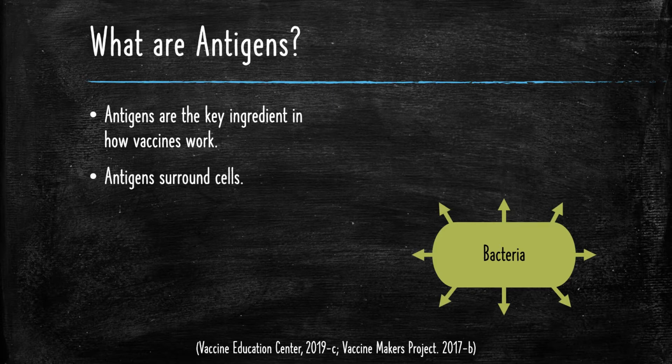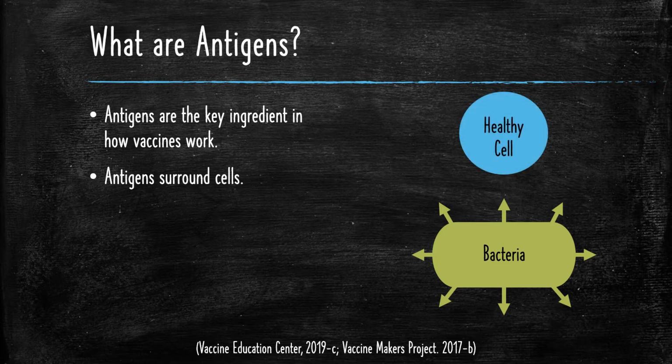These are called antigens. If a healthy cell meets up with a bacteria, healthy cells will have a receptor that can link up with a specific antigen, and this is how cells communicate. This is how all cells communicate. That's a normal thing. It's how cells will tell one another what's going on in the body by transferring that information from one to another.